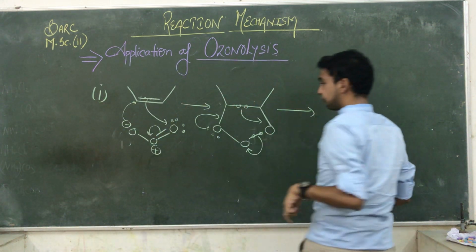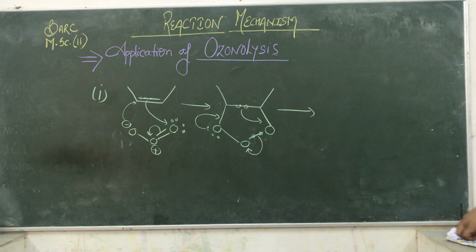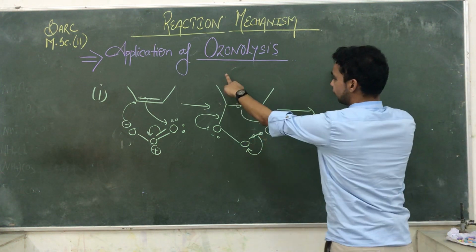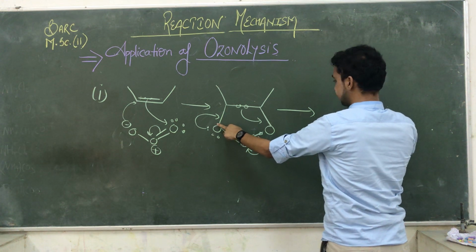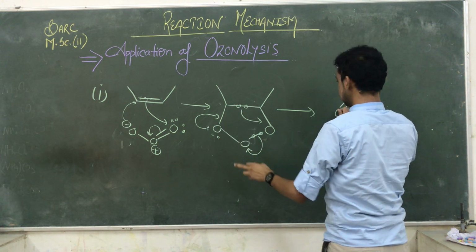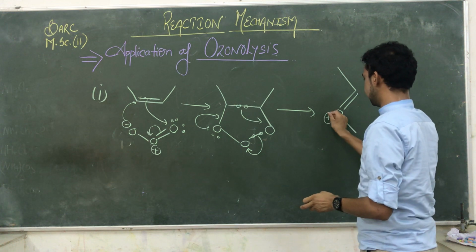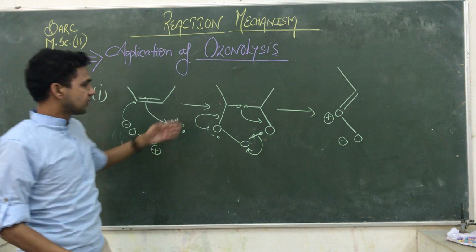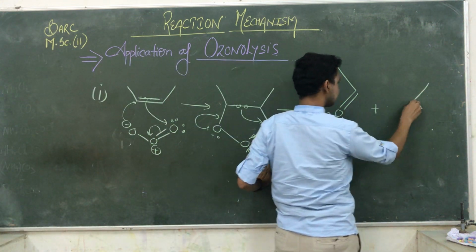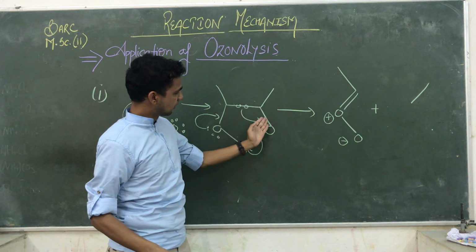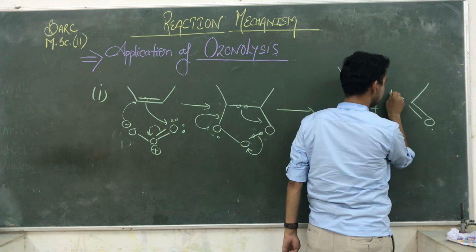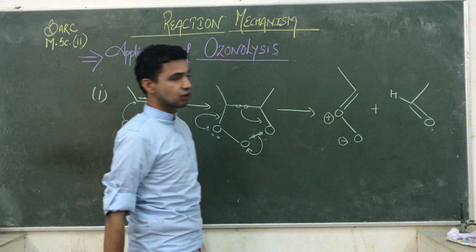So they give you two fragments. One is an aldehyde, and the other is an oxonium type of compound. In the oxonium type of compound, one fragment is here, where a double bond is established between this carbon and this oxygen; this oxygen is positive and this one is negative. So it is a kind of oxonium ion. The other has a double bond established between the carbon and oxygen, so it gives you C double bond O and one H here. So it is a kind of aldehyde.